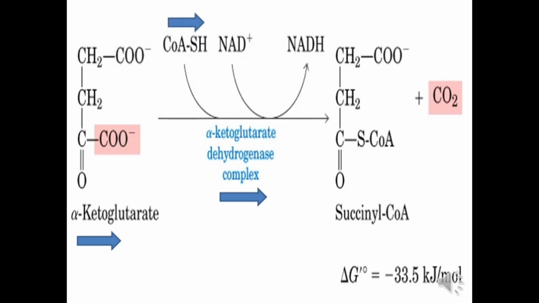In oxidation, the oxidation means removal of hydrogen. This hydrogen from CoA-SH is taken by NAD plus to form NADH. This is the oxidation. Then also the alpha-ketoglutarate undergoes decarboxylation, removal of one carbon atom in the form of carbon dioxide to form succinyl-CoA, which contain 4 carbon atoms. In reaction 5,